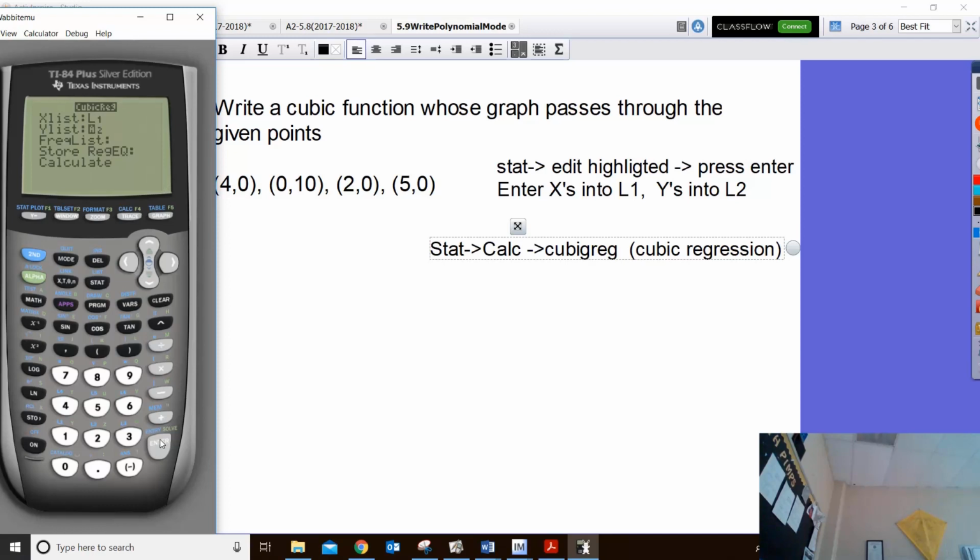And I've got a newer style up here. I actually have to press enter several times to get down to calculate. You may have something that says cubic reg. It's just a line of text and you press enter. And there is your equation. You just plug in your variables. Plug in your points. And then you,